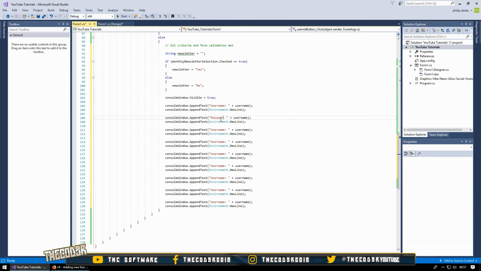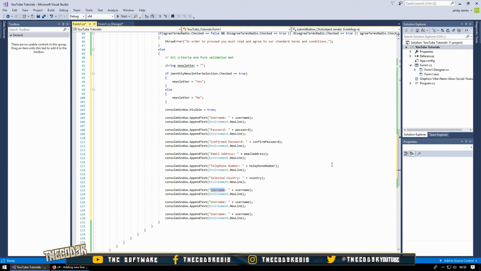And then we're going to change these. And email address, and telephone number, and then we're going to go selected country, and country, foreign signature,